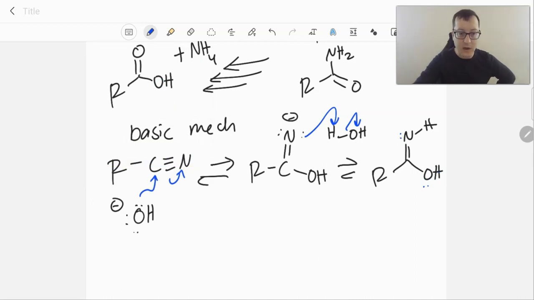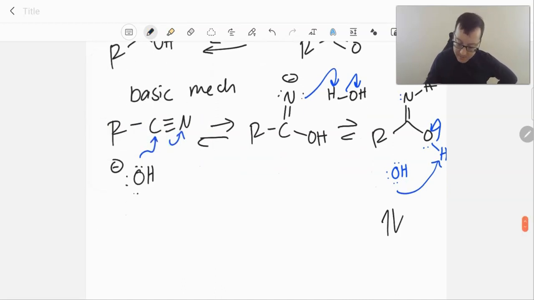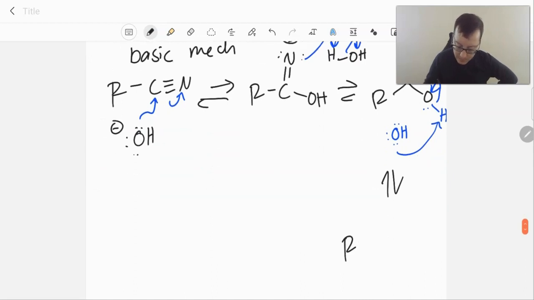And we're going to go ahead, not resonance, not yet. Because if we resonate right now, we're going to end up with positive charges, which we shouldn't see in an acid catalyzed mechanism. So we're going to actually deprotonate in the next step, and then we'll resonate afterwards, once we've formed it. So we'll have this deprotonation step happen. We'll end up